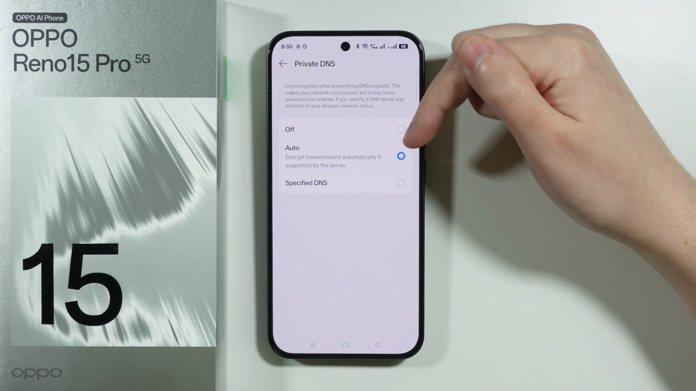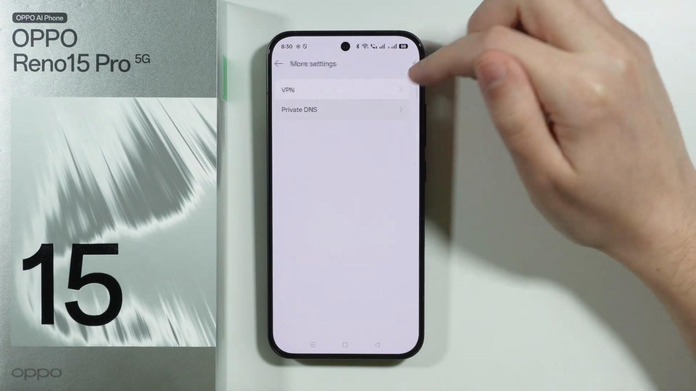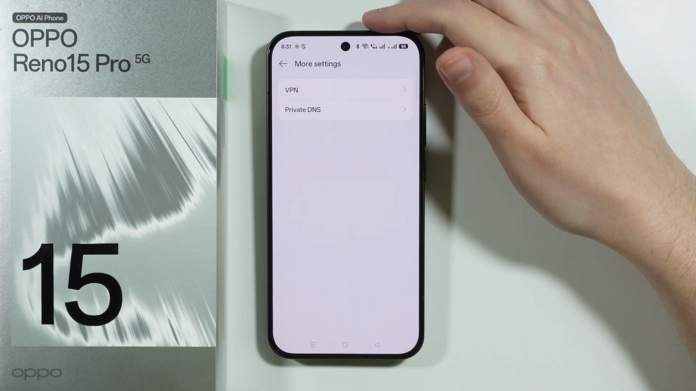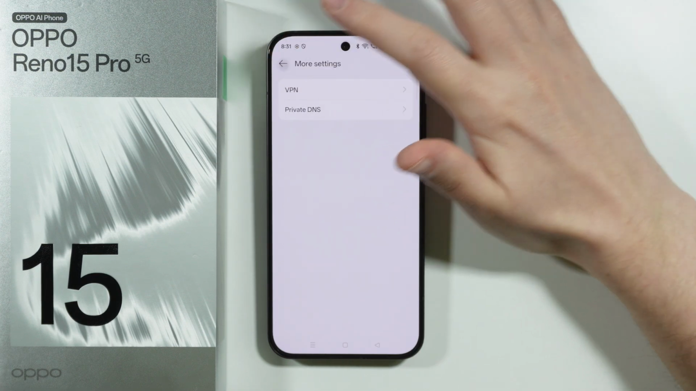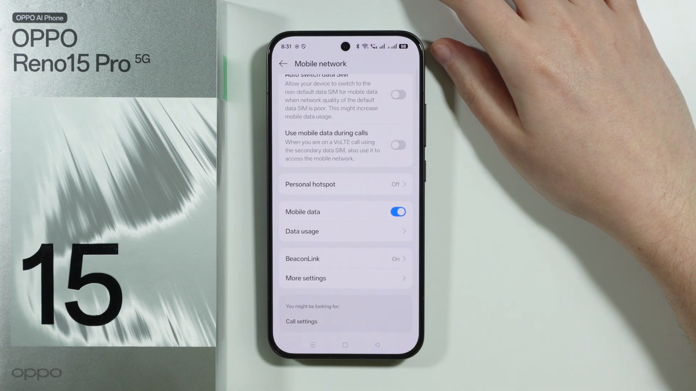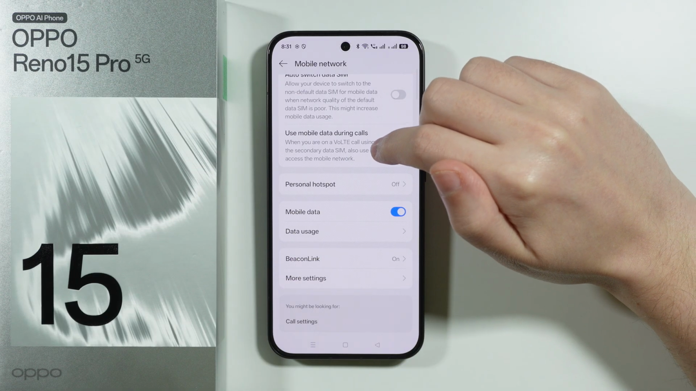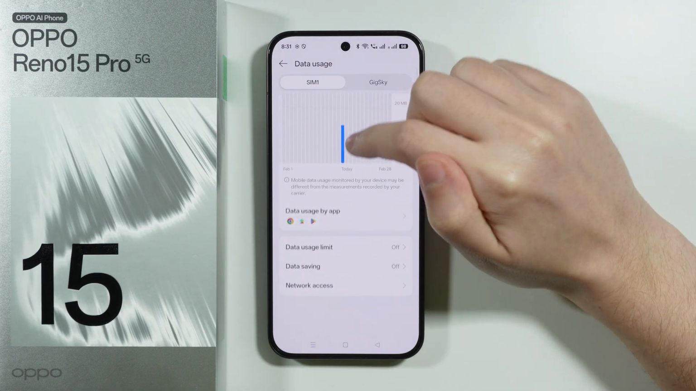Also, you want to check private DNS, and it is recommended to set it to automatic, because if you choose, for example, a specified DNS, of course, the address might stop working, and you might have issues with the mobile data connection after that. Now, another thing that we should mention is if you go to the data usage, we